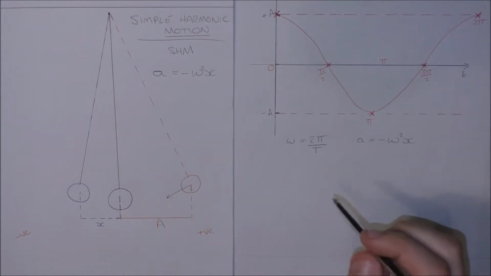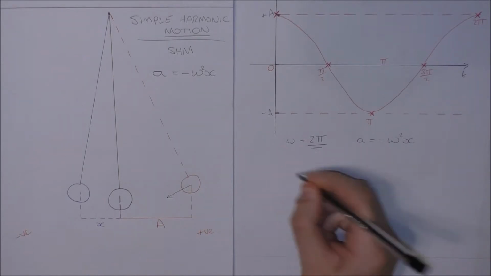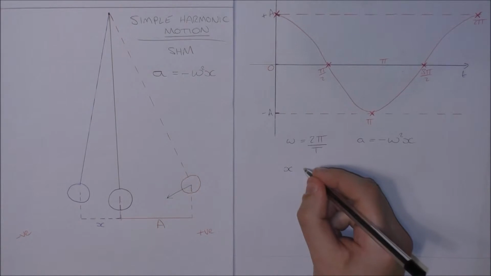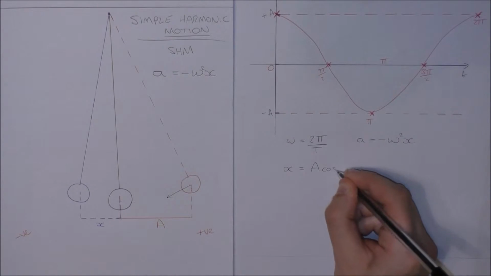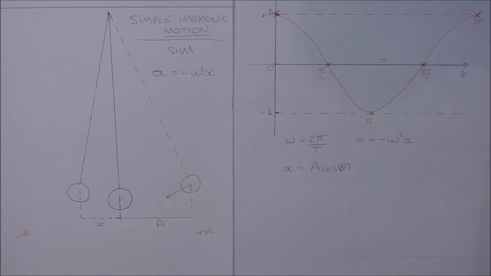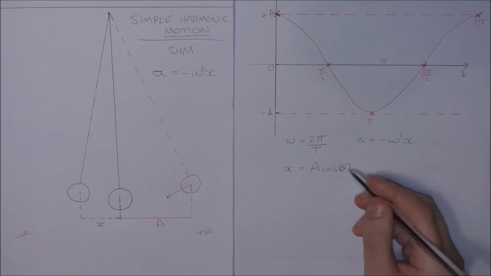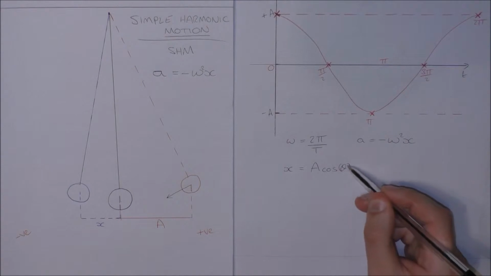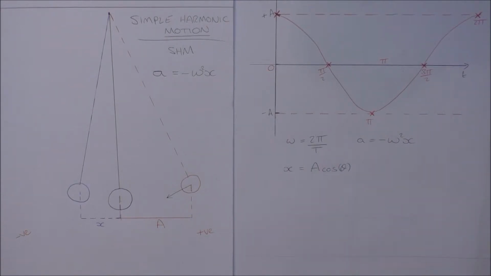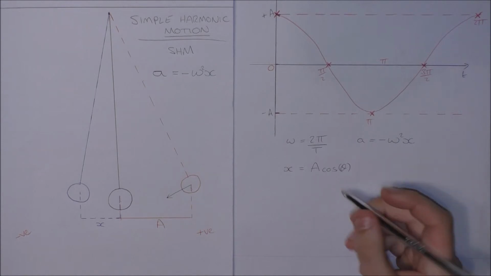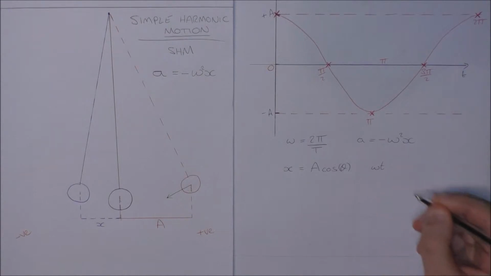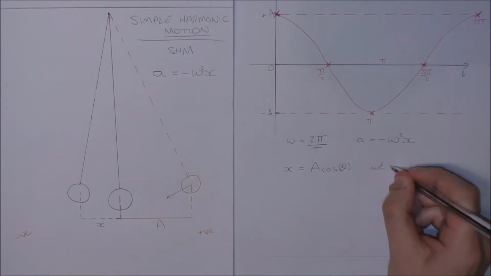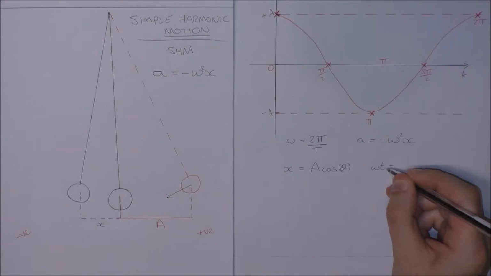Like we saw with the circle, I can describe x, the displacement, as equal to the amplitude times cos theta. Now, at the moment, I don't know what theta is, but I know that I've got an angular frequency, and I also know that I can measure time. So if I have a look at omega t, small t, so this isn't the time period now, this is just any measurable time,